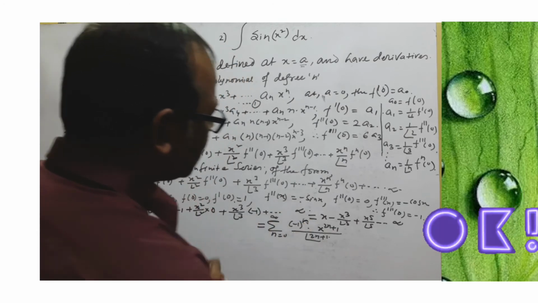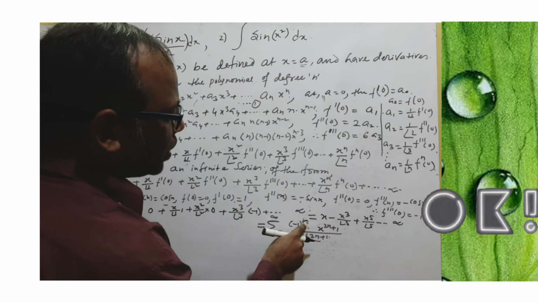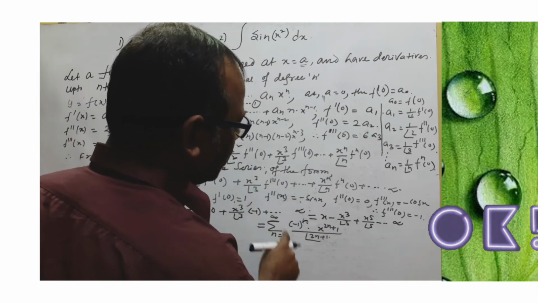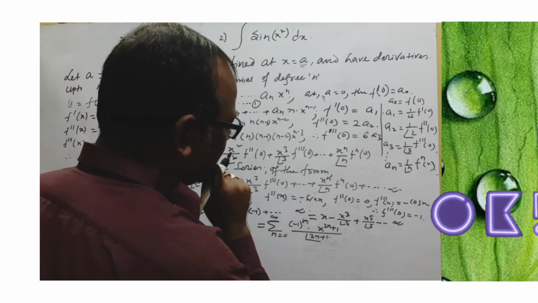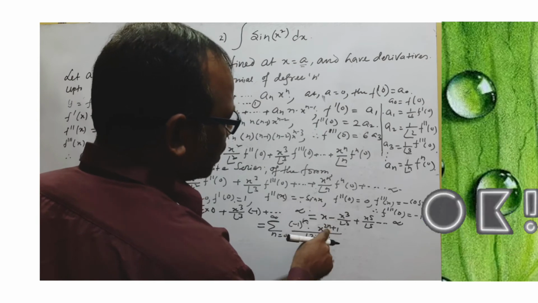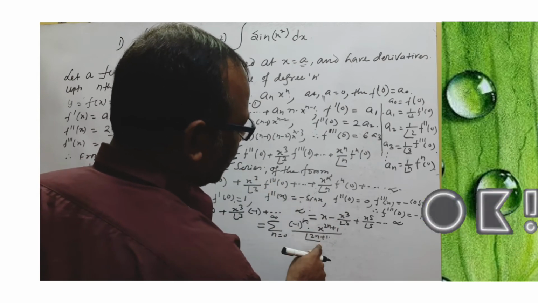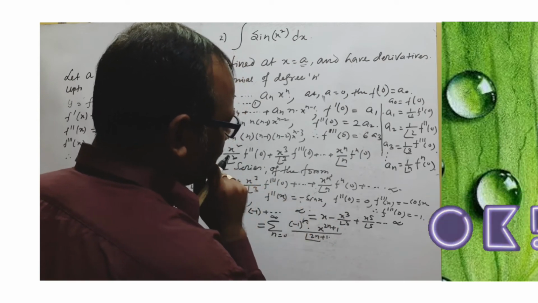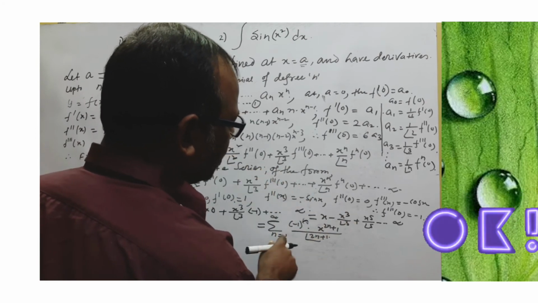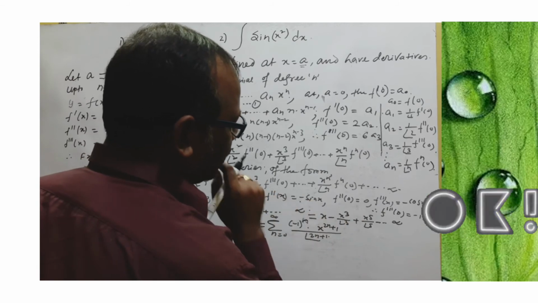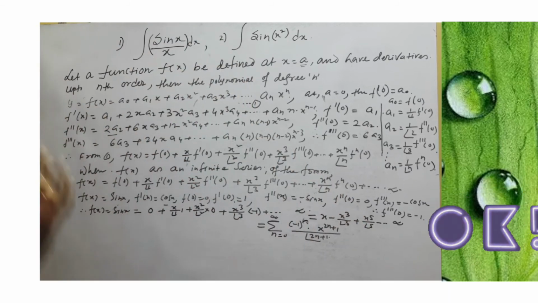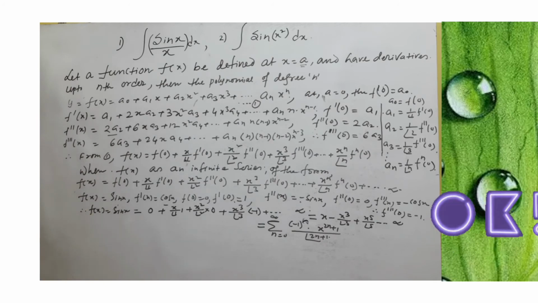See, if we put 0, there is a 1. If we put 0, here is factorial 1, so 1. If we put 0, then you get x. If we put 1, this is minus 1. If we put 1, then we get x to the power 3. If we put 1, then factorial 3. If we put 2, then we get plus 1. If we put 2, then we get x to the power 5 and factorial 5. This is the summation of this series from 0 to infinity.